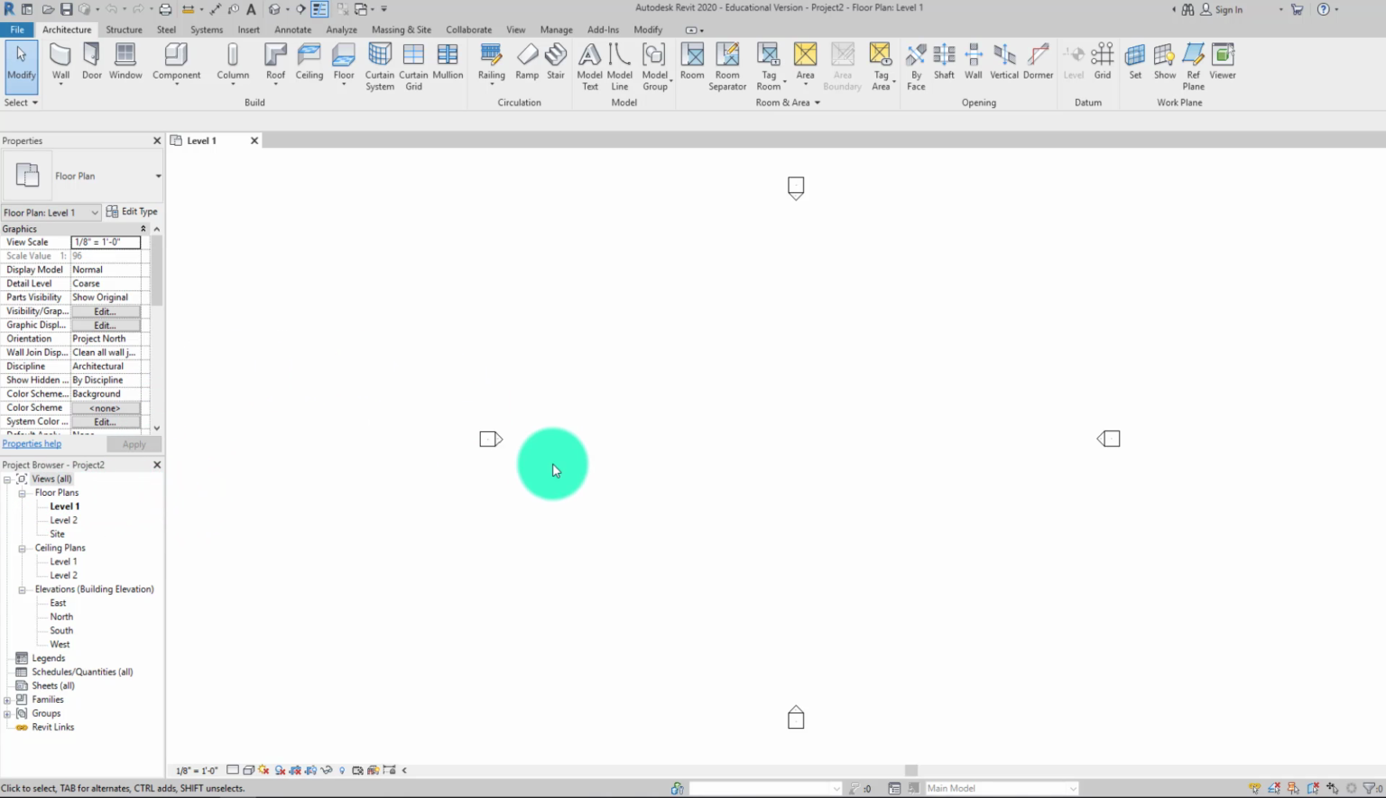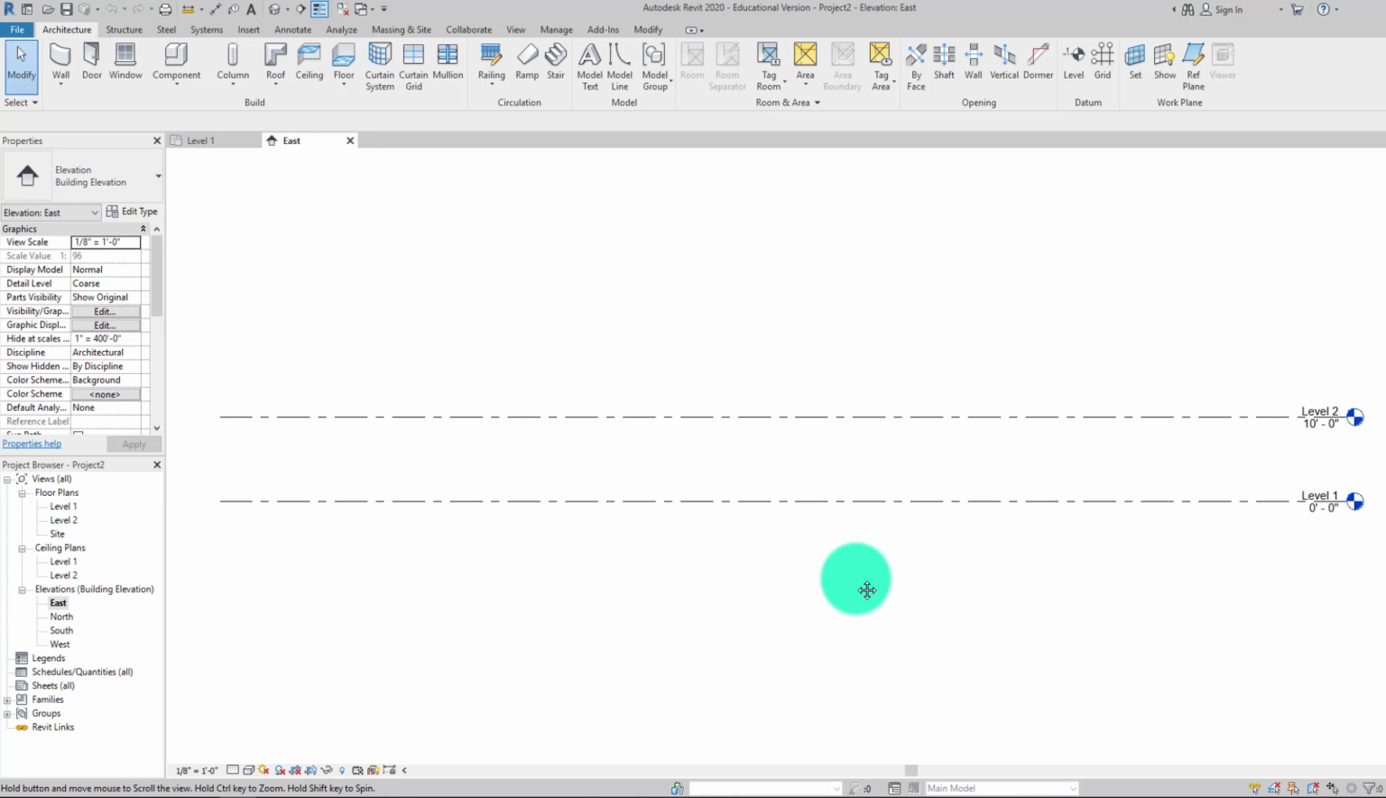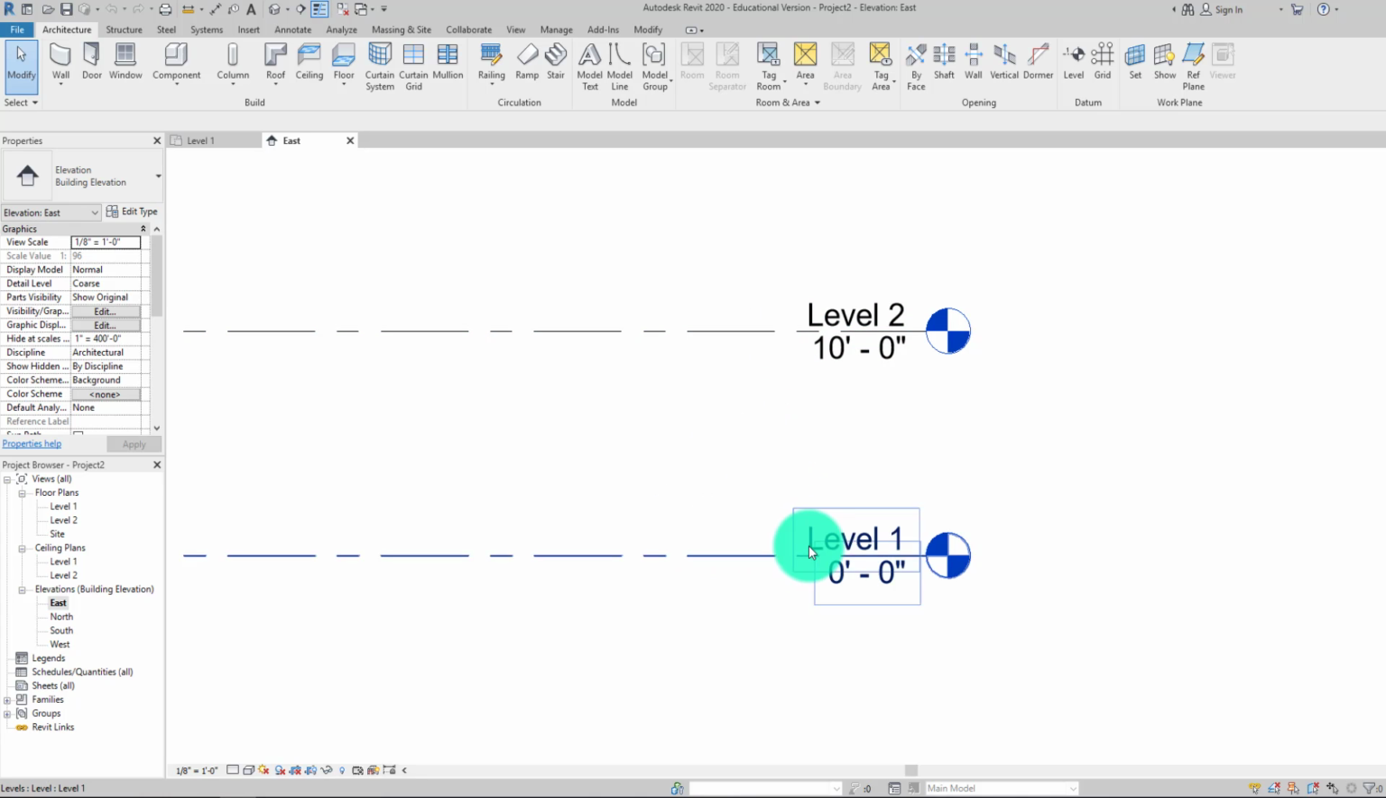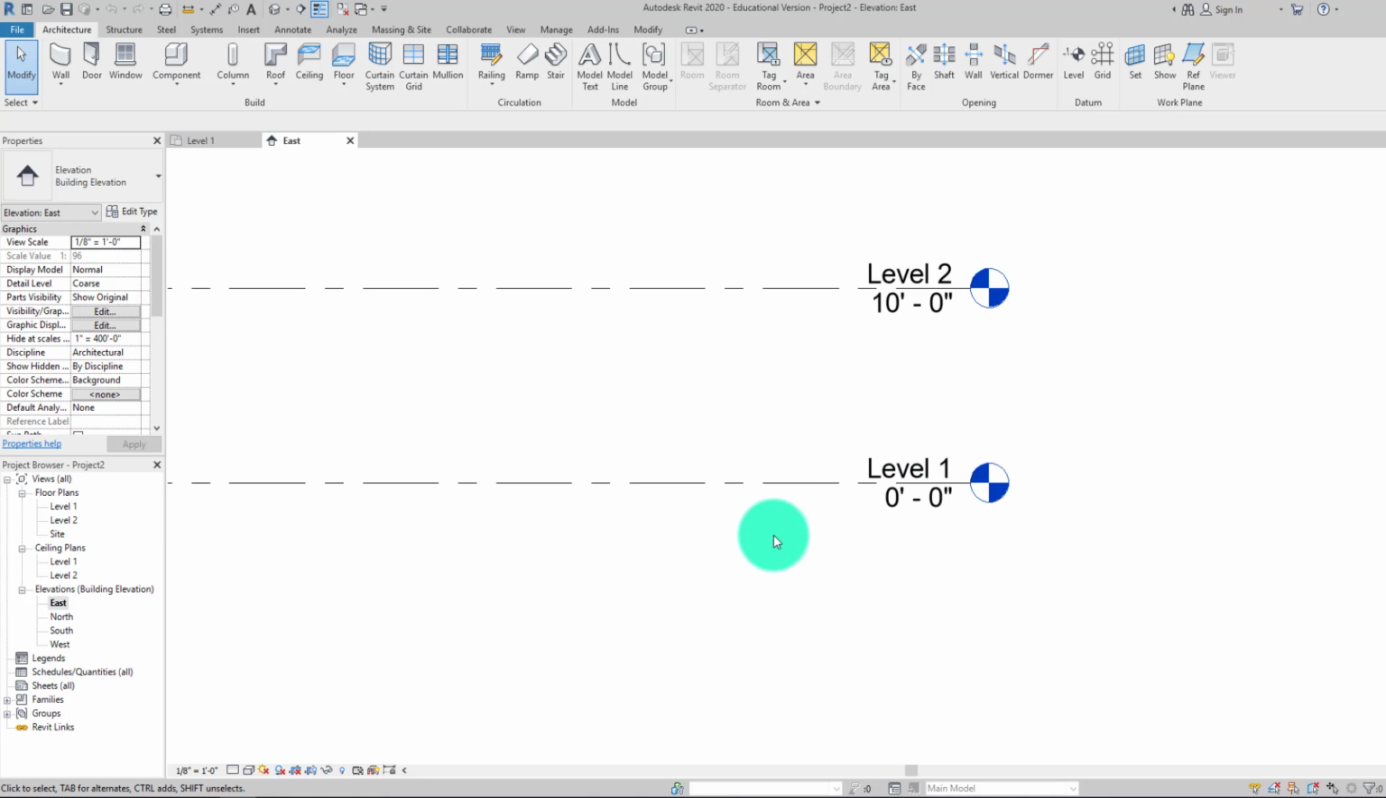Alright, so again, we are on level 1, and we are in floor plans, and let's start making things. But before we do that, go to click on your east elevation just to show you these different levels. They have heights. We are on level 1, and just a naming convention that I like to do is,